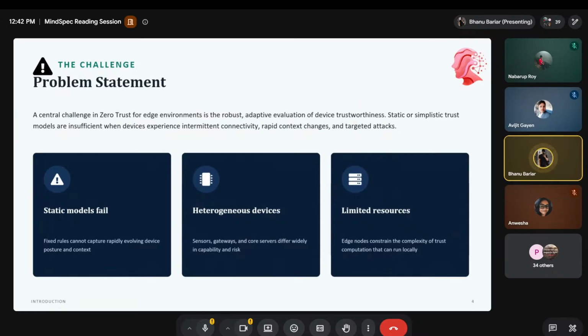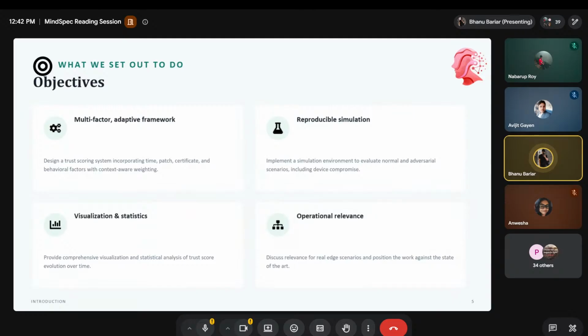To address this problem, the authors defined four primary objectives for their proposed framework. The first objective was to develop a multi factor adaptive framework for trust scoring. Instead of relying on a single security indicator, the framework evaluates multiple factors, including device activity, patch status, security, certificate validity, and behavioral history. These factors are then combined using an adaptive weight based on the device type and its